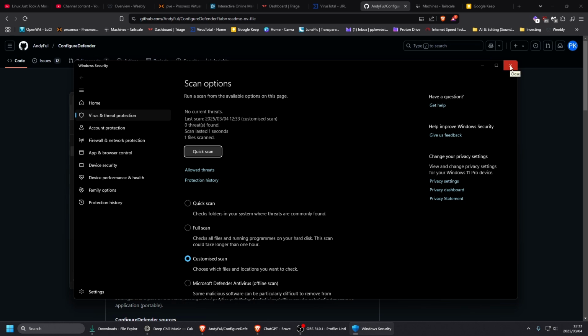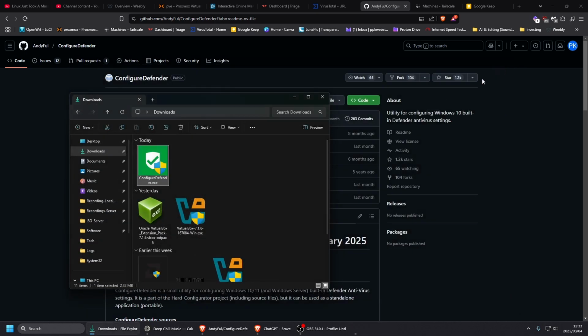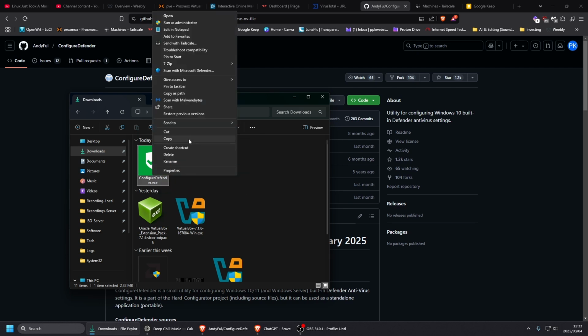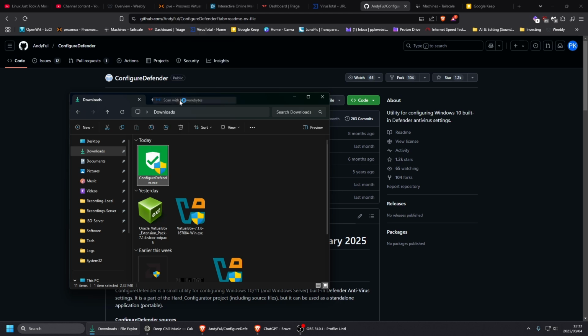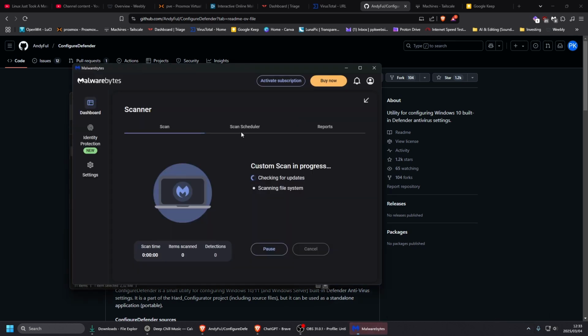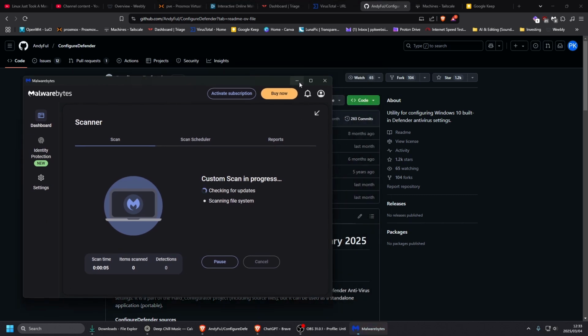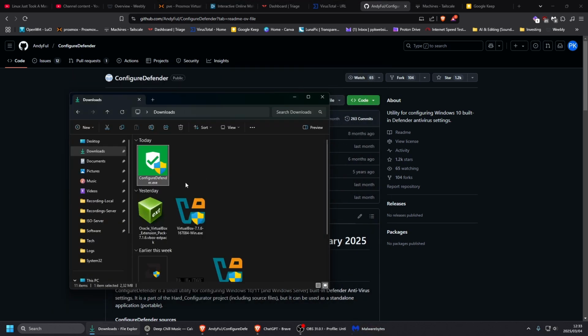If there's anything attached to it, then these antiviruses might find something. So that's a good thing to do. Nothing to lose, so scan it. If you have a second antivirus, I usually have Malwarebytes, so I'll just scan it with that as well. If it's going to pop up, yeah. So while that is checking for updates and scanning it,